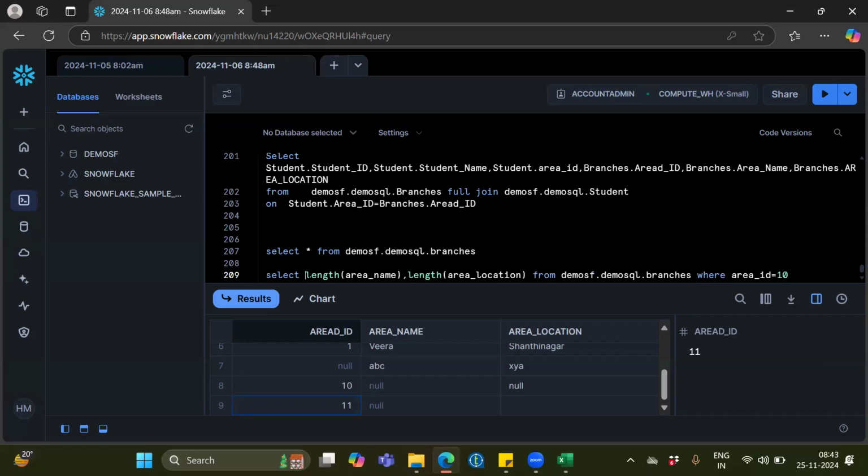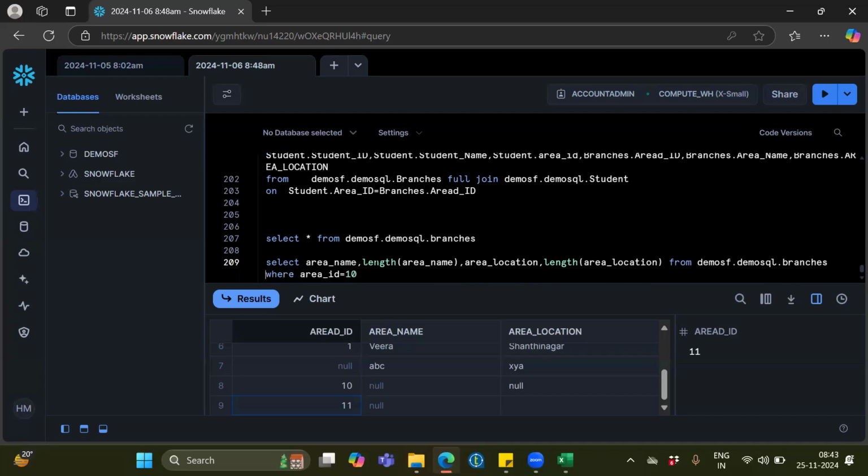You see, I'll give here also area name, area name comma and here area location. Now if I run this query,